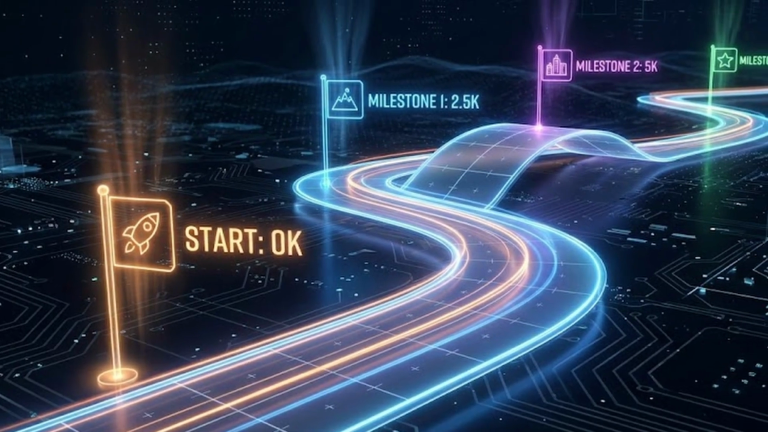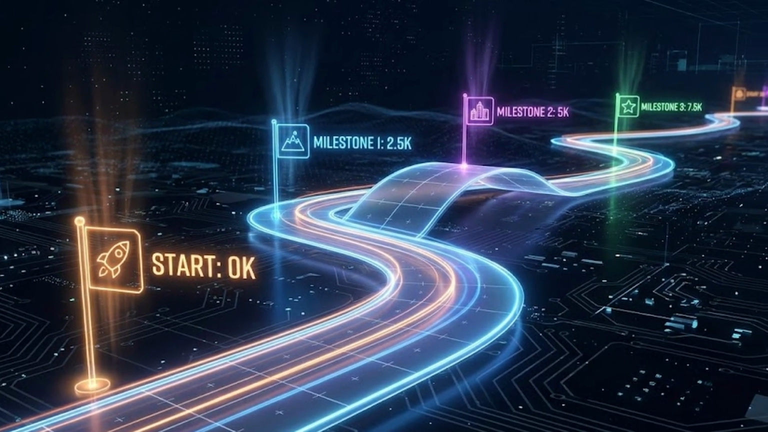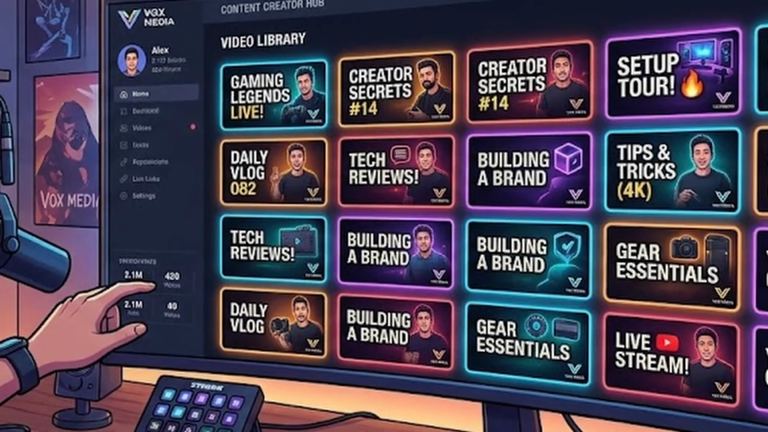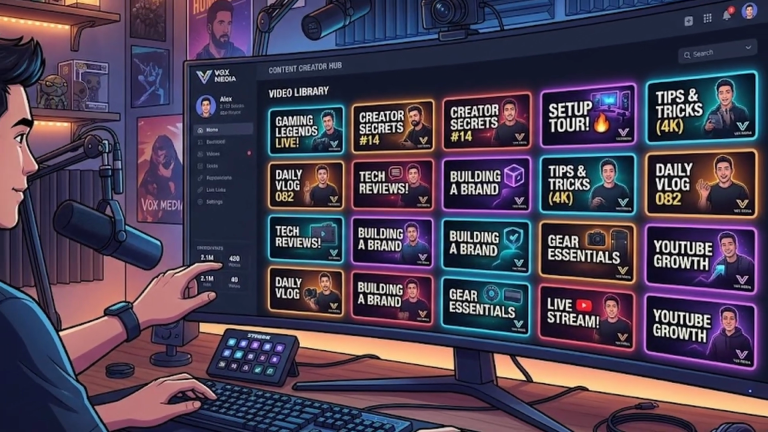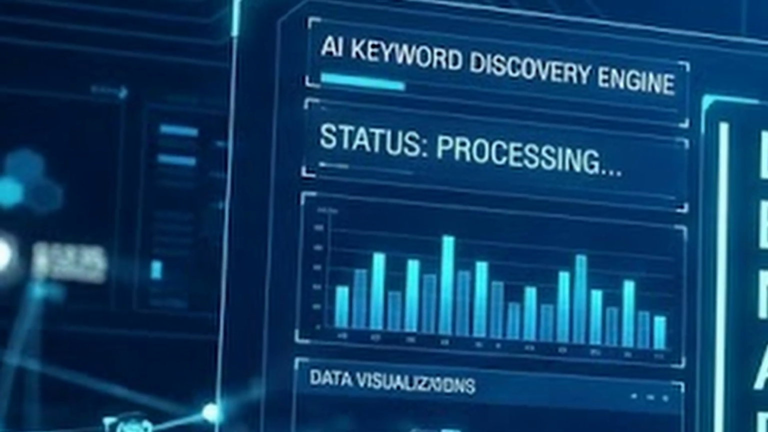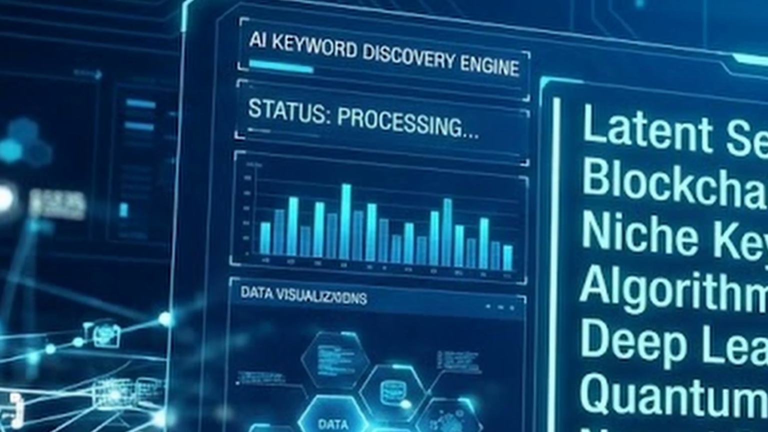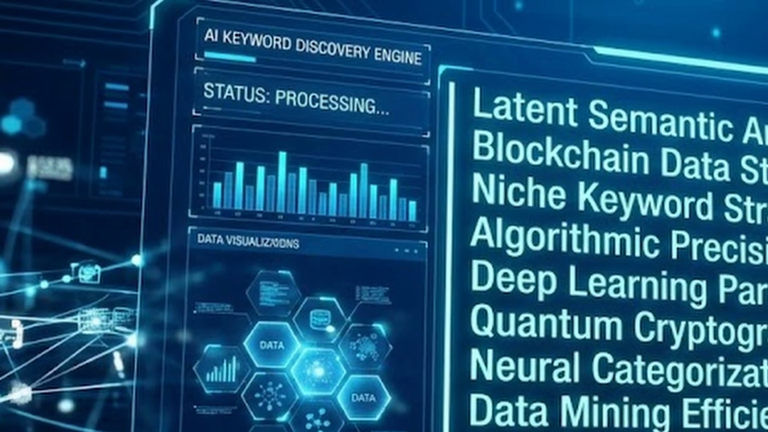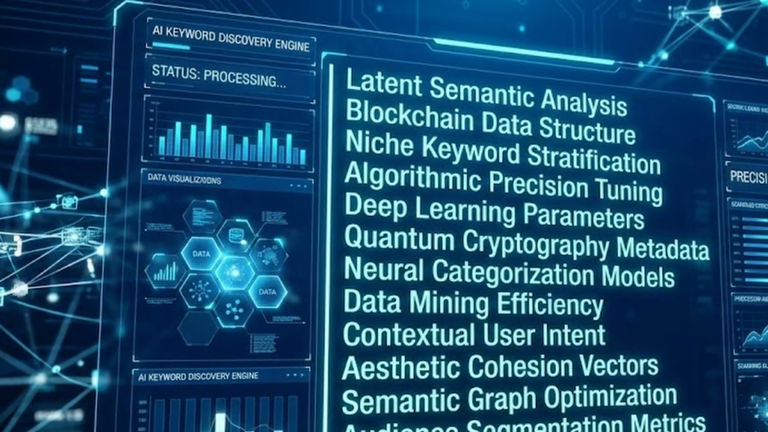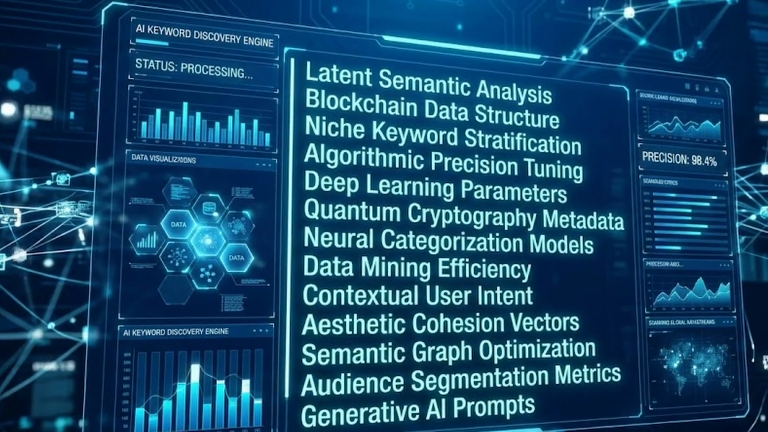Let's start with phase 1, the foundation. The first 1,000 followers are about identity. The algorithm doesn't know who you are yet, so you have to tell it. During this phase, your focus isn't on viral hits. It's on data training. Use ChatGPT to research the top 50 keywords in your niche and bake them into every single description and tag. Your goal is to post 3 to 5 times per week using the AI batching workflow